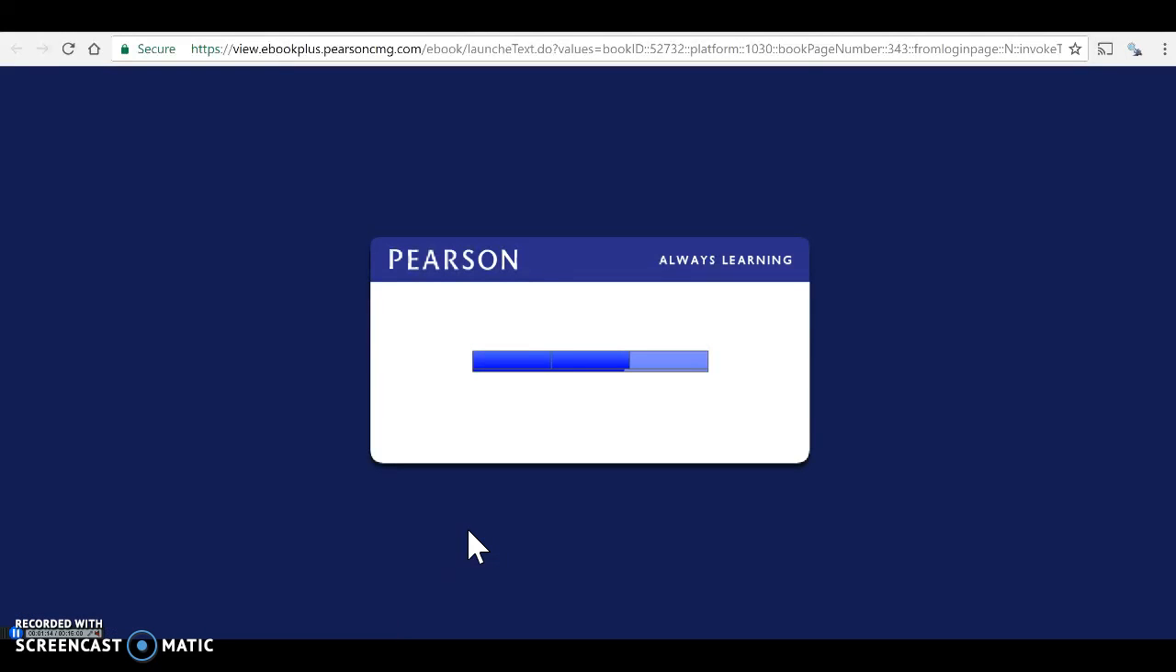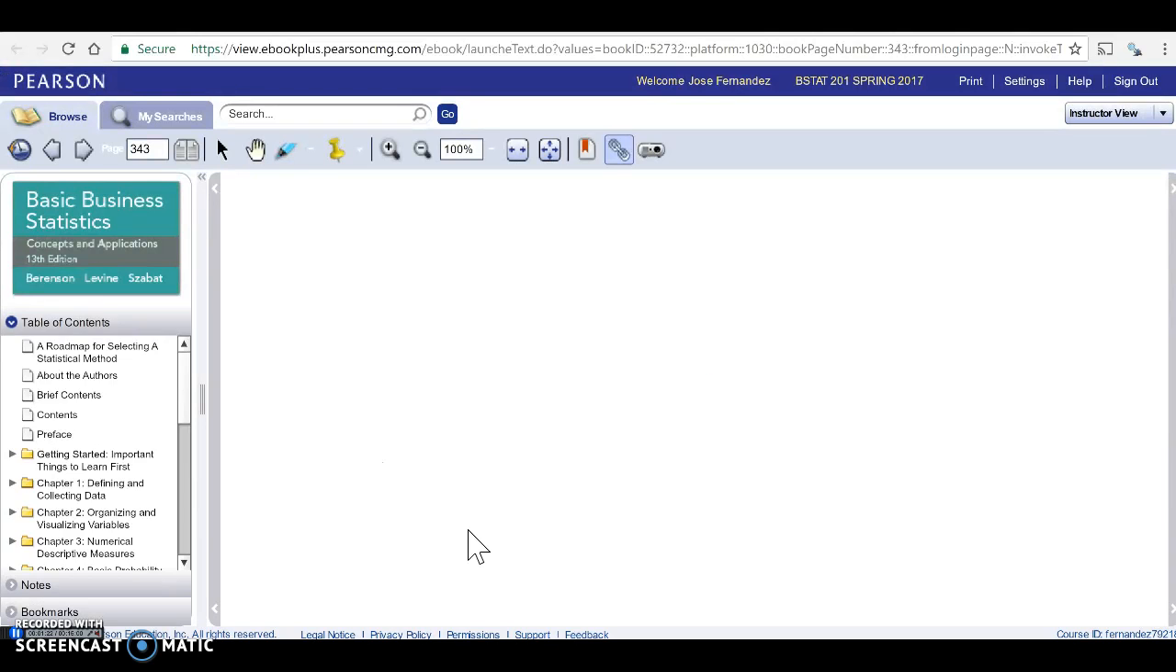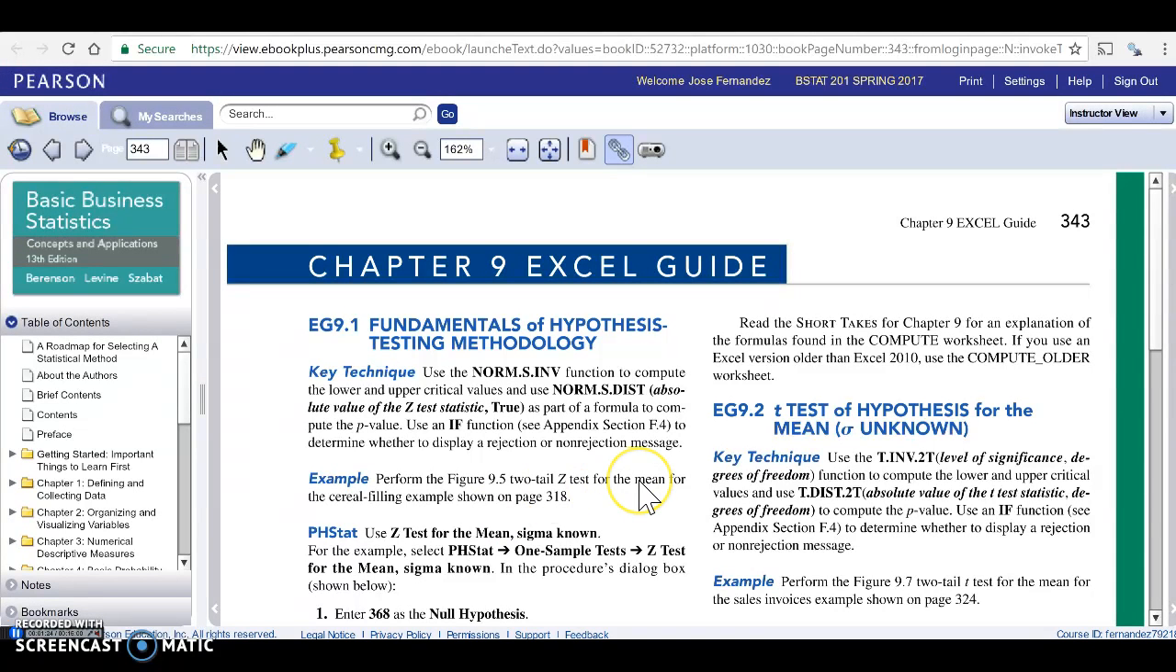When we do that, it's going to open up the ebook in Flash. So if you're having issues with Flash, that may be a problem. But it opens up the ebook in Flash. It brings it up to the page there. And we get to see all the different Excel functions. So this is the normal function with a sample, and it's the inverse, so it gives us the x value, if you will. Here's a normal sample distribution, so it's going to give us the probabilities, if that's what we're